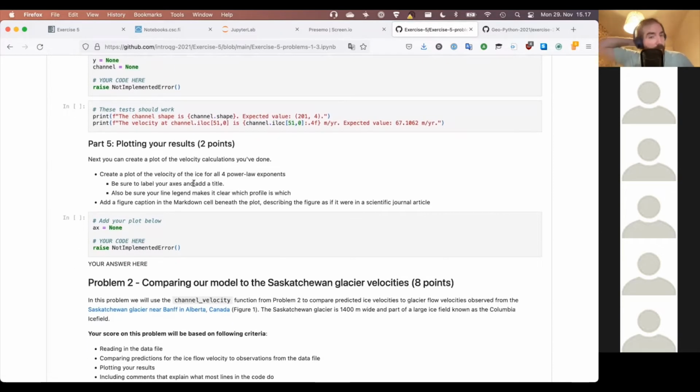Finally, you'll make a plot for your different velocities so you can see how they compare to one another. And you'll, of course, write a little caption as well. So that's part 1,